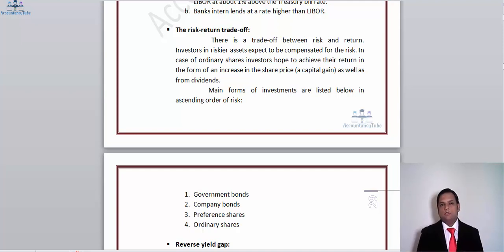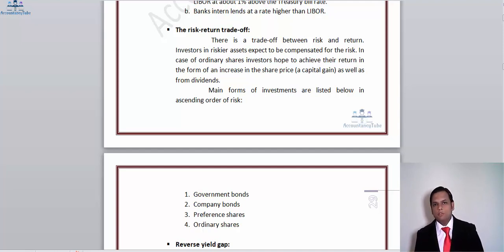Government bonds or treasury bills are least risky. There is a very minute chance of governments actually defaulting. It's not a limited liability company that defaults that easily. It's a government we are talking about. So their borrowings are considered risk-free, and that's the reason why the yield on these instruments is not that high. You get around 5 to 6%, for example.